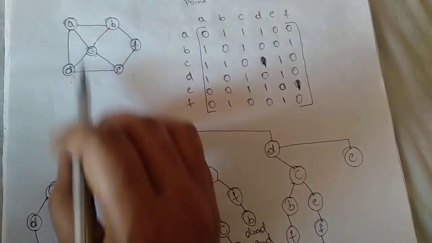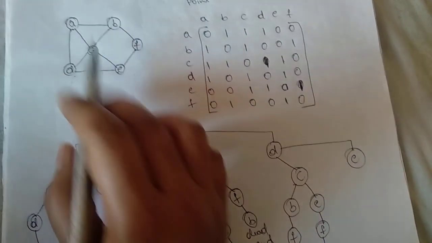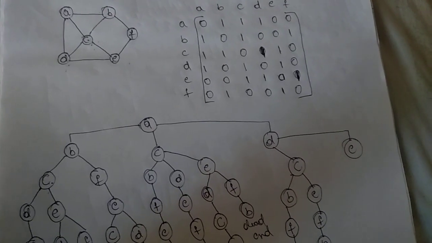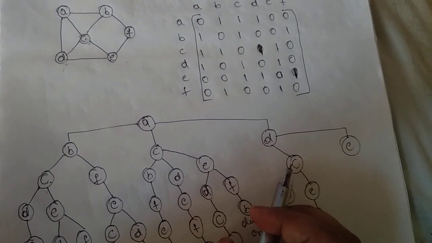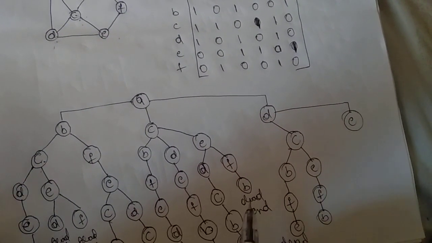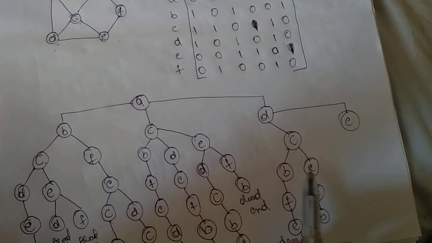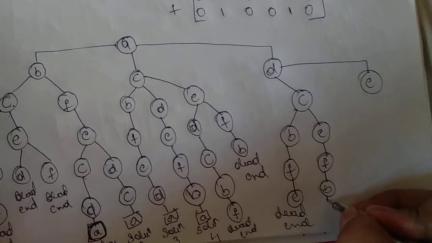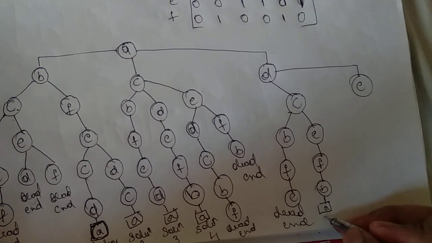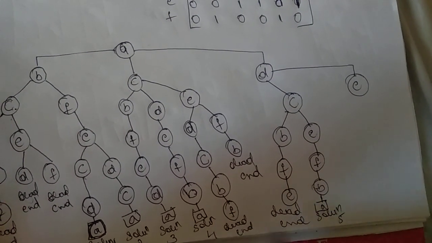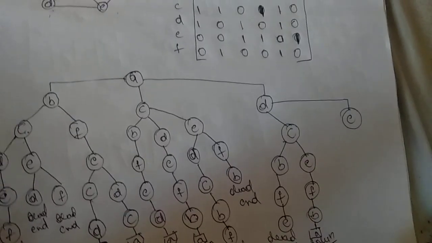From B, I can come to C or A. You can go back to A only if all the vertices are done. C I cannot because C is already done here, is it not? So check whether all the vertices are present: A, B, C, D, E, F. Yes, all the vertices are present. Then easily you can go back to A. So it is forming a Hamiltonian cycle. So this is solution 5. Till here 4, this is solution 5.